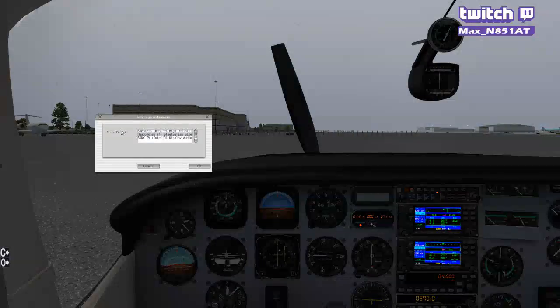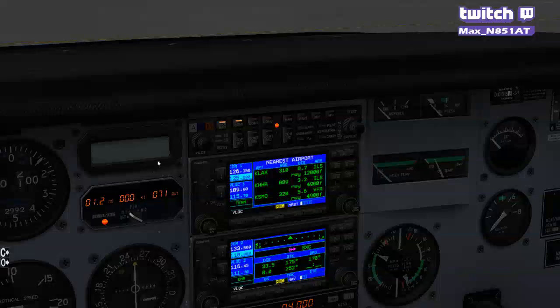the audio output. So I have the choice of my laptop, because I use a laptop. It's a gaming laptop. If you check my specs on Twitch, I have the option between speakers, headphones, and my TV. So I just set it to my headphones. So when I go ahead and, let's say I roll in a frequency, like 126.35,